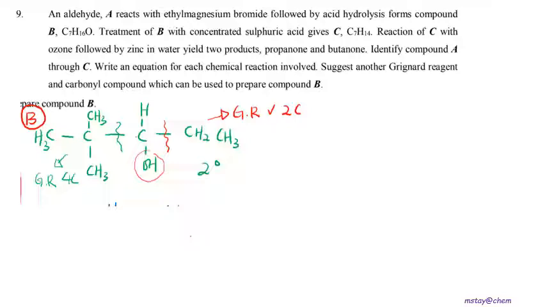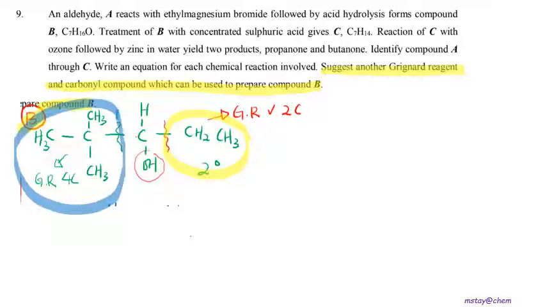Okay, let's continue with the last part of the question, where you are going to suggest another Grignard reagent and carbonyl compound, which will also produce compound B. So this is the compound B that we drew just now. Just now we identified the right hand side here is from the Grignard reagent. So there is another possibility, where the left hand side here will be from the Grignard reagent. So if the left hand side here is from the Grignard reagent, this will be